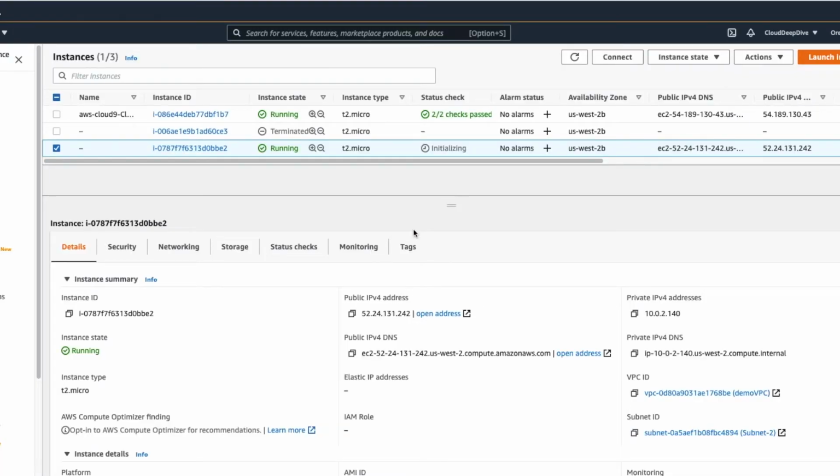Okay guys, so I have logged in to my AWS console, and what I've done is I've spun up one EC2 instance with a public IP address, and if I go to that public IP address, 52.24.131.242, it just has a simple HTML page saying welcome to Cloud Deep Dive. So now I'll show you the steps for how you can purchase a new domain and how you can map that domain to this IP address. So instead of using this IP address, we use that particular domain name, which will show you the same